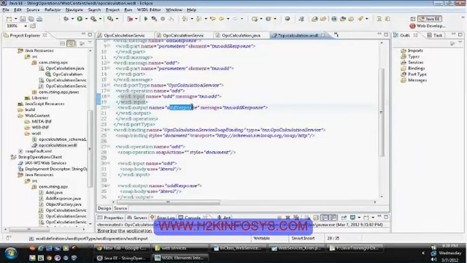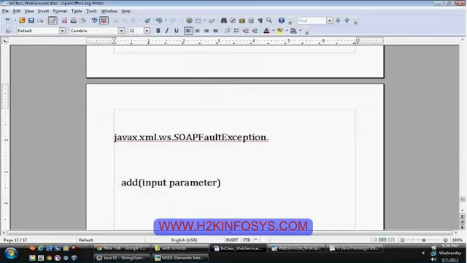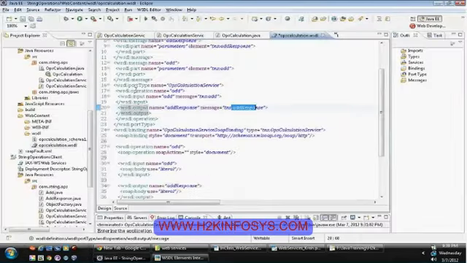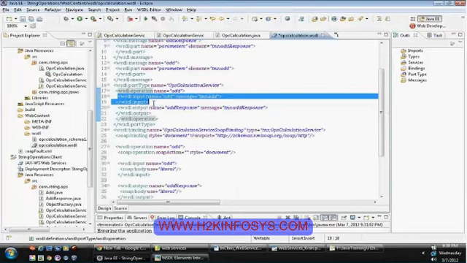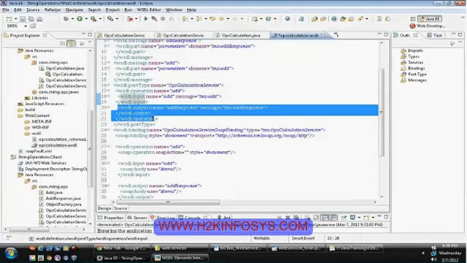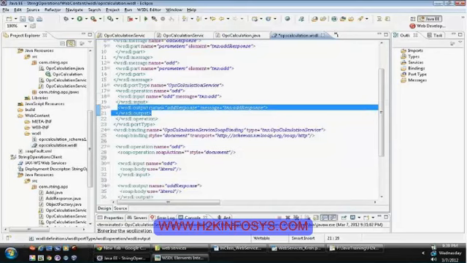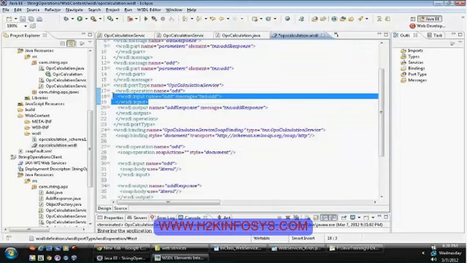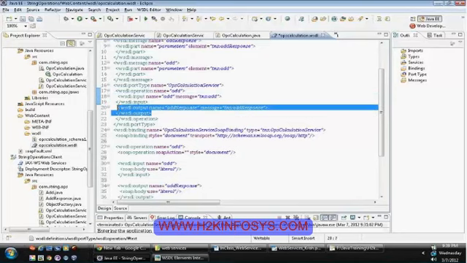And here the add response will point to the message which is the output, which is your return value. Each and every operation will contain an input and an output. So input is nothing but your request parameters in terms of Java, and output is nothing but your return value.